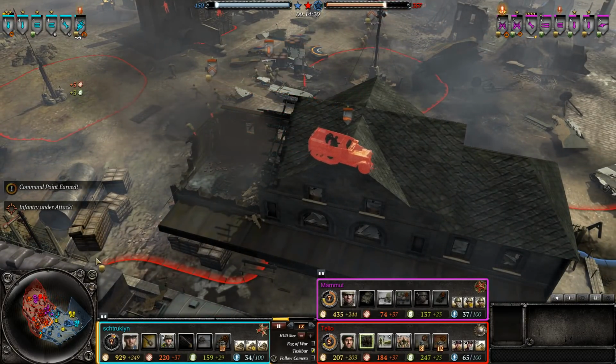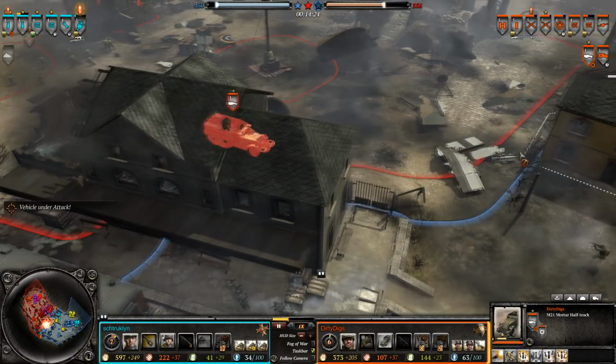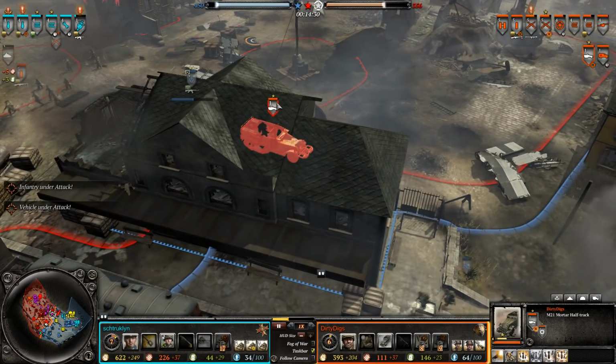Mortar half-track on the field for our good American player. Dirty Diggs is going to bring up that mortar half-track and try to do something, but it's very, very close. The big problem with the mortar half-track for the Americans...